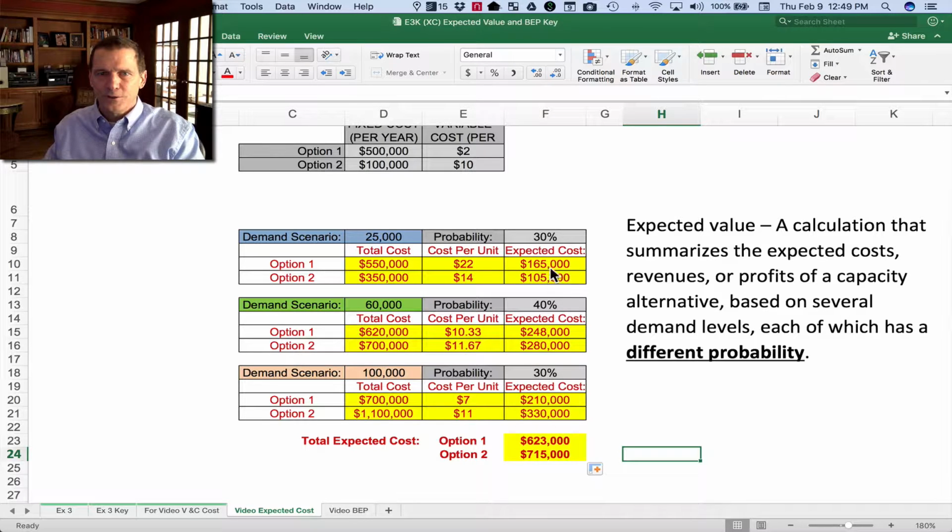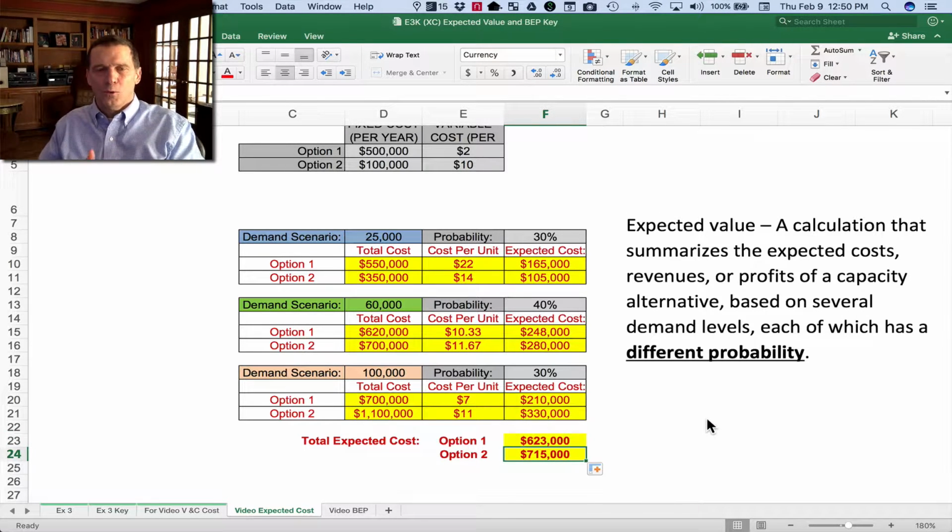I can only do that because all the relationships are the same from the cell I'm copying. All right. So what do we see here? What should management do? 623,000 is less than 715. So all other things being equal, if we don't have some information that's not in this calculation, but we should